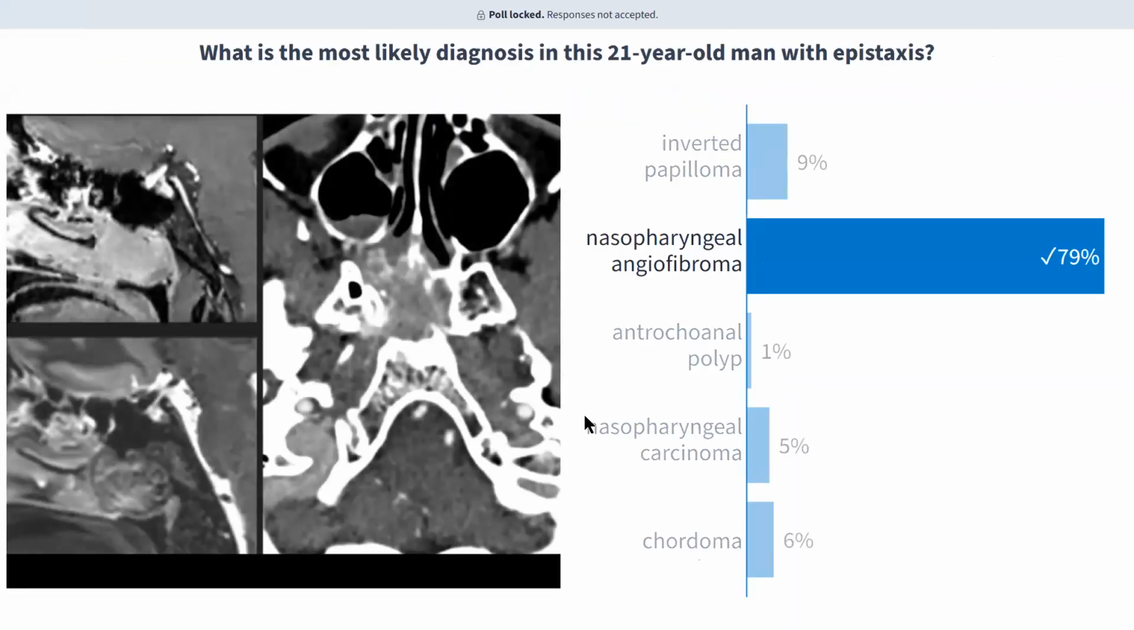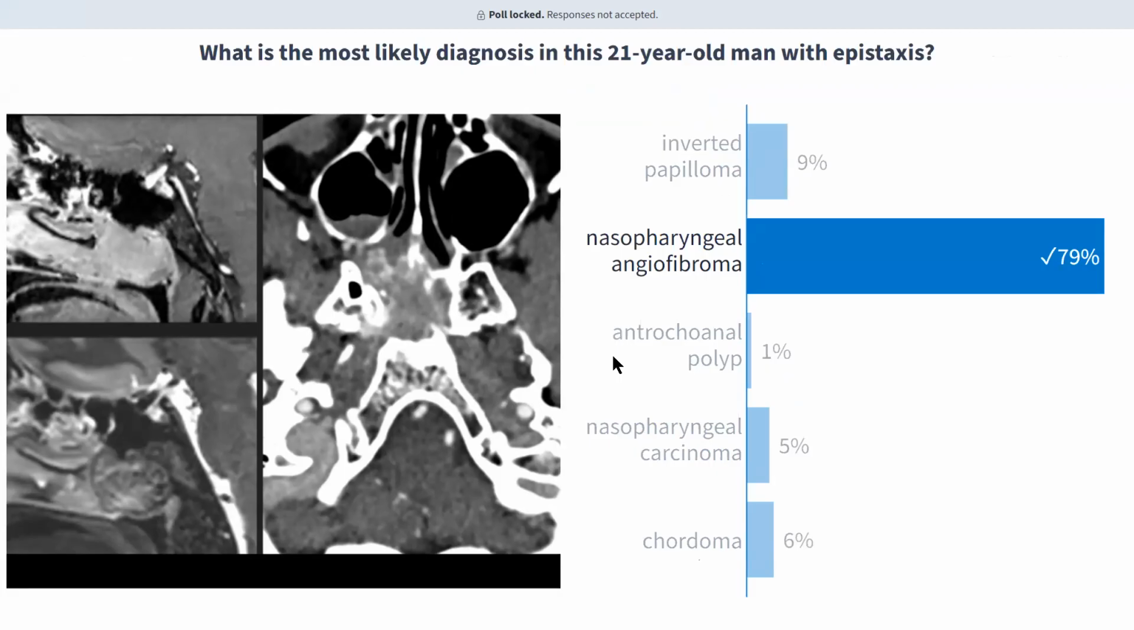Very good. 79% got the answer correct, which was nasopharyngeal angiofibroma. This is sometimes referred to as JNA or juvenile nasopharyngeal angiofibroma, but as this case shows, it's not always presenting in juveniles. Actually, I took these cases from a 35-year-old, which is the oldest I've seen present with a nasopharyngeal angiofibroma. But even in that case, based on the imaging characteristics, we still made the preoperative suggestion that this was a